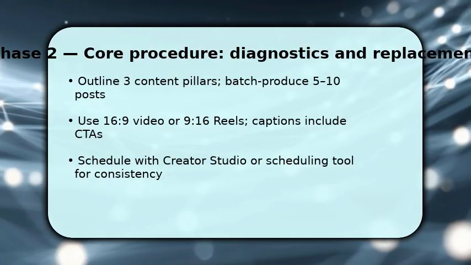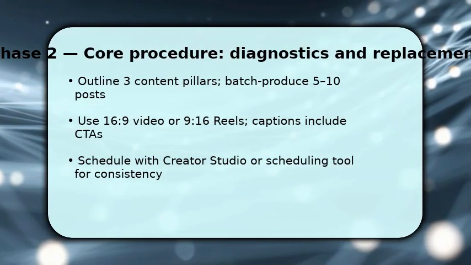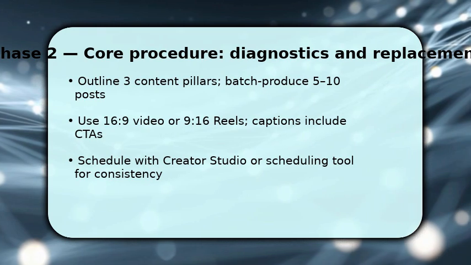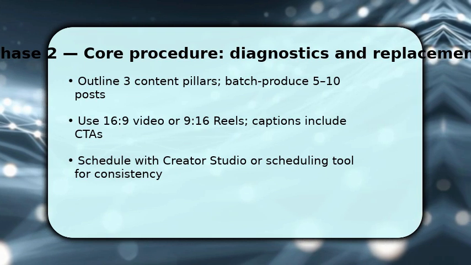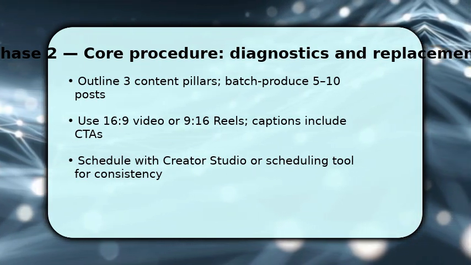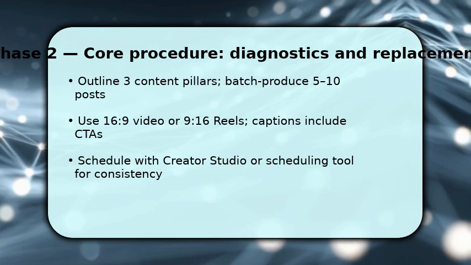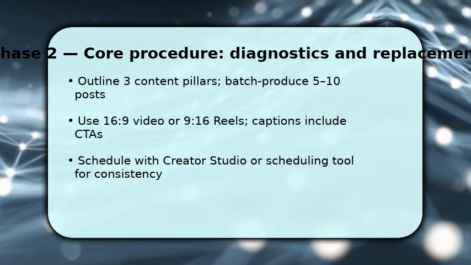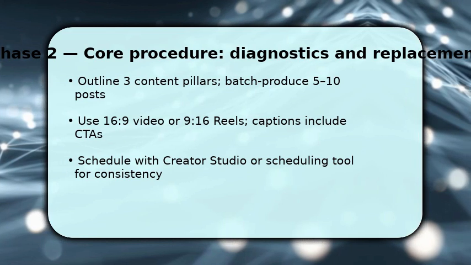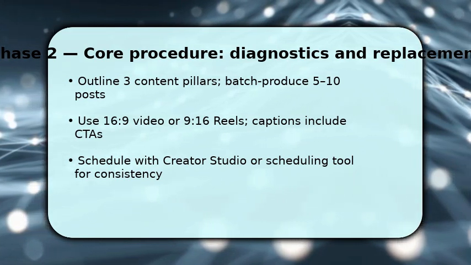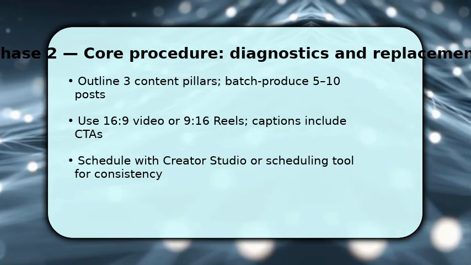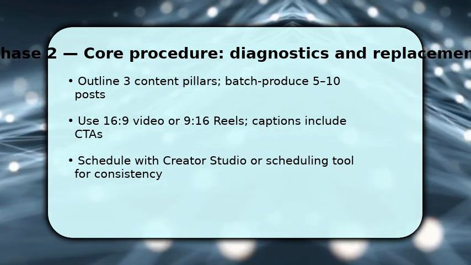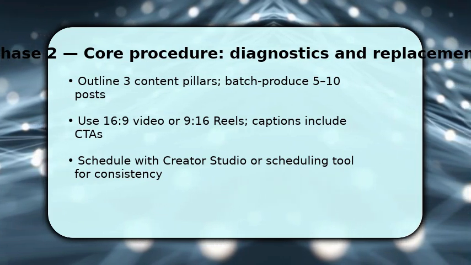You need a plan. Define 3 content pillars that reflect your value, then batch produce content so posting stays consistent. Use Reels for reach, shoot 9:16 vertical video, but crop options allow 16:9 for cross-posting. Once done, write captions with a clear CTA and 1-2 relevant hashtags. Make sure to tag collaborators. Schedule posts using Creator Studio or a third-party tool to maintain cadence, and monitor early engagement to iterate on what